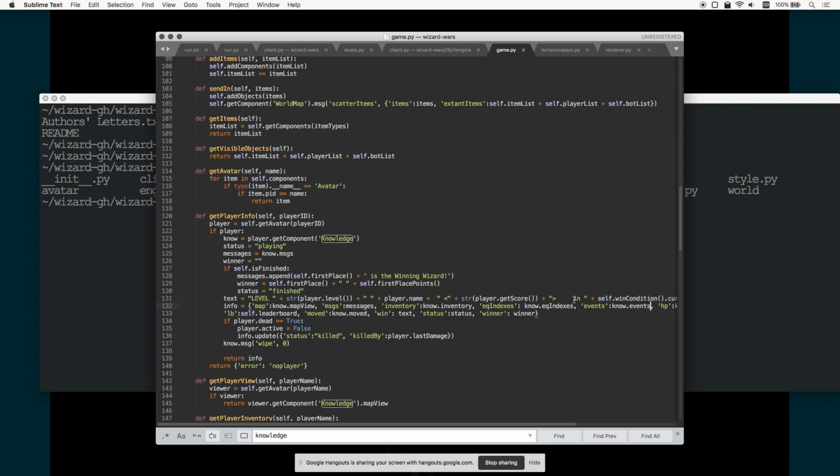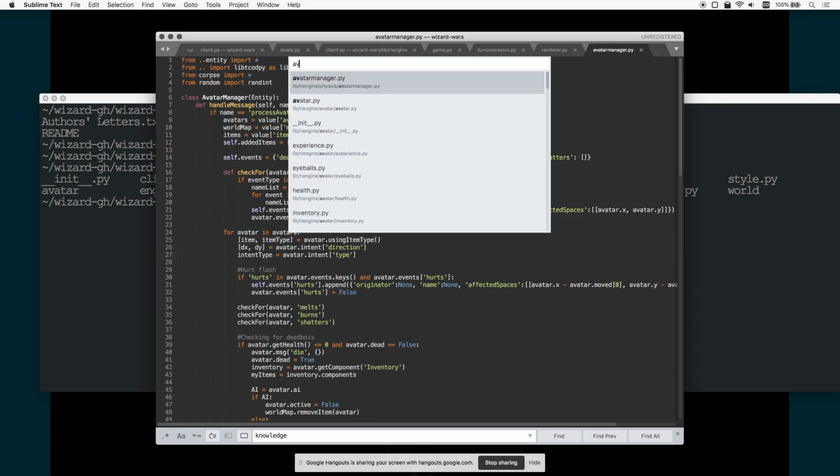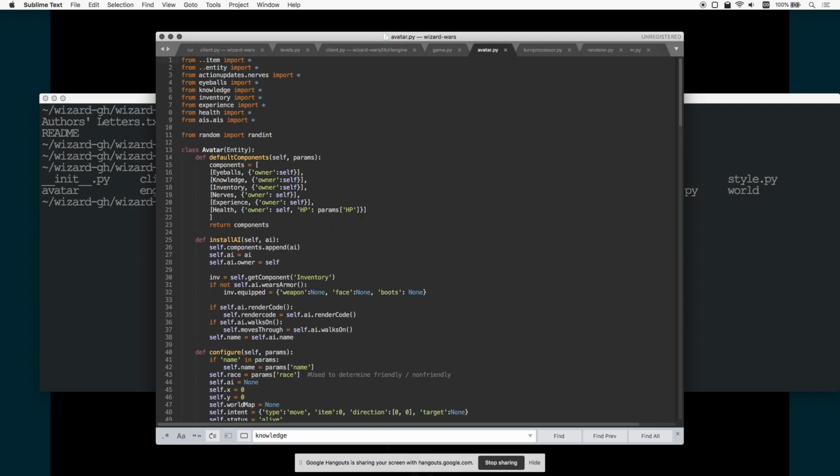Do we want to talk about anything specifically, like maybe AI or potions or something? Oh yeah, event witnessing and knowledge. Yeah. Okay, so this is sort of how the system ties the events together. But as far as how individual avatars know about events, we're going to show you inside avatar.py a little bit about them. So the avatar has a component called nerves, and